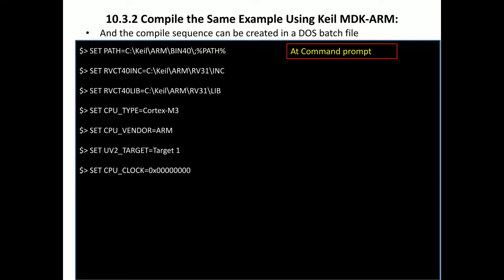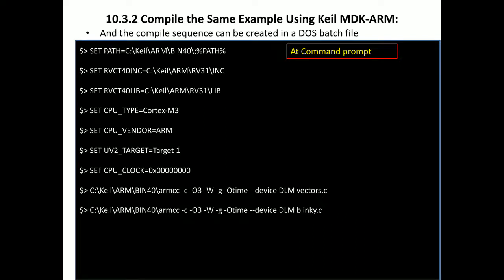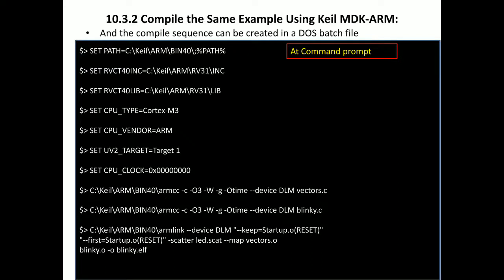Next, we need to set the clock. Where to start the clock? From 0, or from 10 minutes, or 20 minutes, or 12 o'clock, 1 o'clock, 2 o'clock. There should be a provision to set the clock. When you buy a smartwatch or mobile phone, you set the time. Similarly, we need to set the time, and the provision is given by set clock. Next, we need to run the memory file, vectors.c file, and the c file. These are the locations we will be giving.